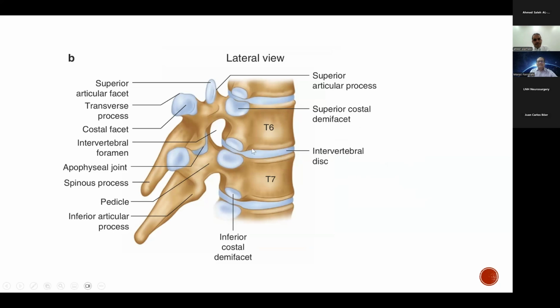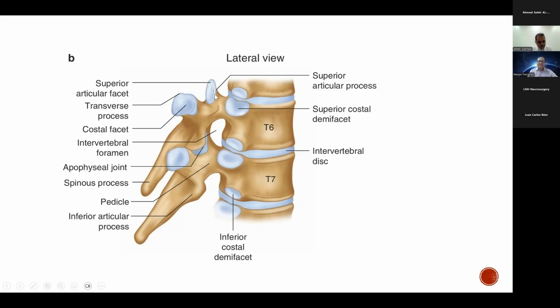So in summary, a typical thoracic vertebra has a body, has a spine which is very long and inferiorly oblique and inferiorly directed, unlike lumbar where it is transversely oriented and short. The cervical also, they are transversely oriented and short. In thoracic, they are very long and inferiorly directed. They have an additional costal facet joint on the transverse process. They have a pair of costal demifacets on either side on the body, and there is a peculiarity of the